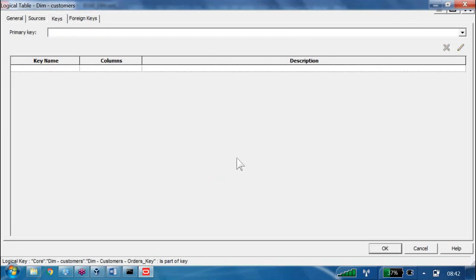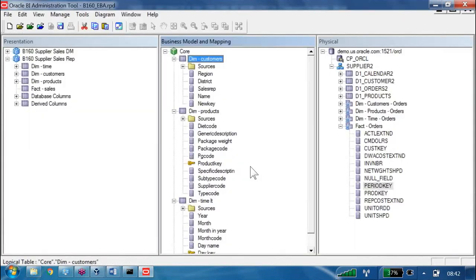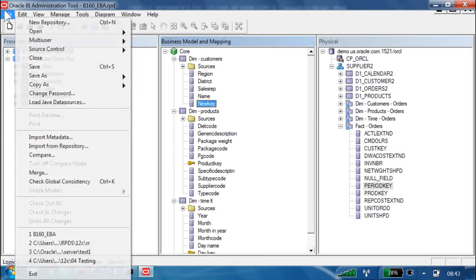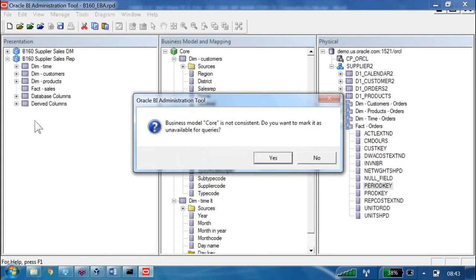Now, did you delete the column or only the primary key? Previously this column was acting as a primary key column. Now it is acting as what? A normal column, a descriptive column. Now go to the file menu, check global consistency. Yes.